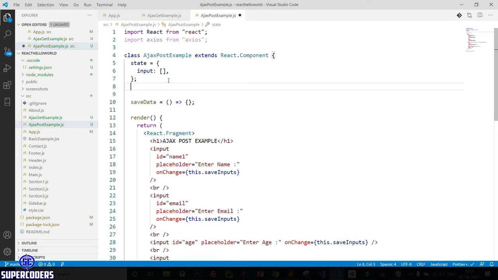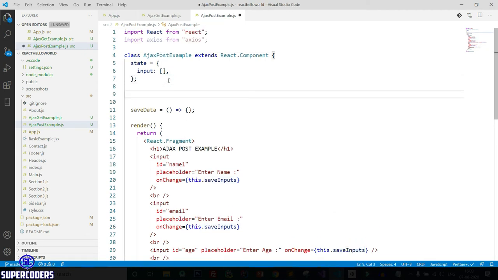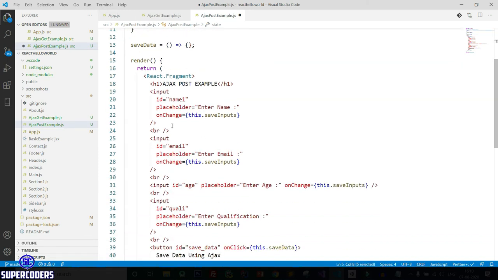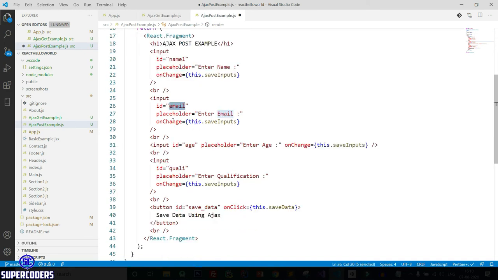Let's create this function. saveInputs equal to an arrow function, then add event. In the previous tutorial I showed you an if condition for saving data in the state, but this time I am showing how you can save key value data, where the key is this name.